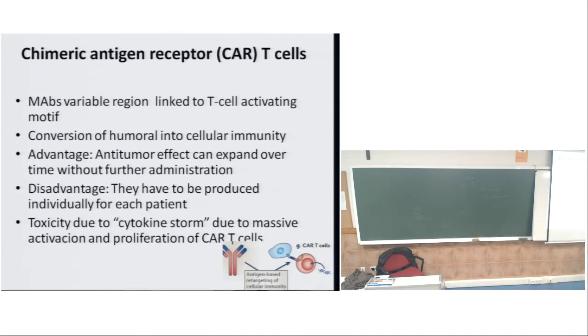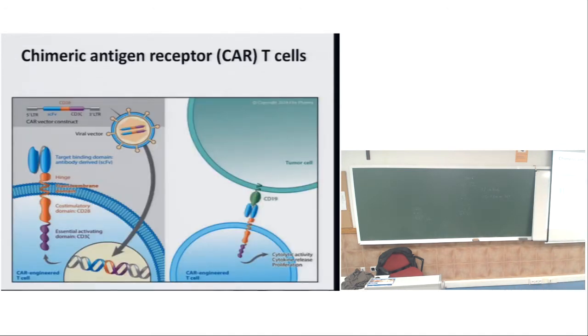So the idea of CAR T cells is that we first have to extract the T cells from the patient. We have to isolate T cells from the cancer patient. Then these cells, on a plate in the lab, we treat with a virus that contains a gene coding for the variable region of the monoclonal antibody and also co-stimulatory and regulatory proteins that the T cells need to be activated. I'm going to show you some other slides. I think it will become clear.